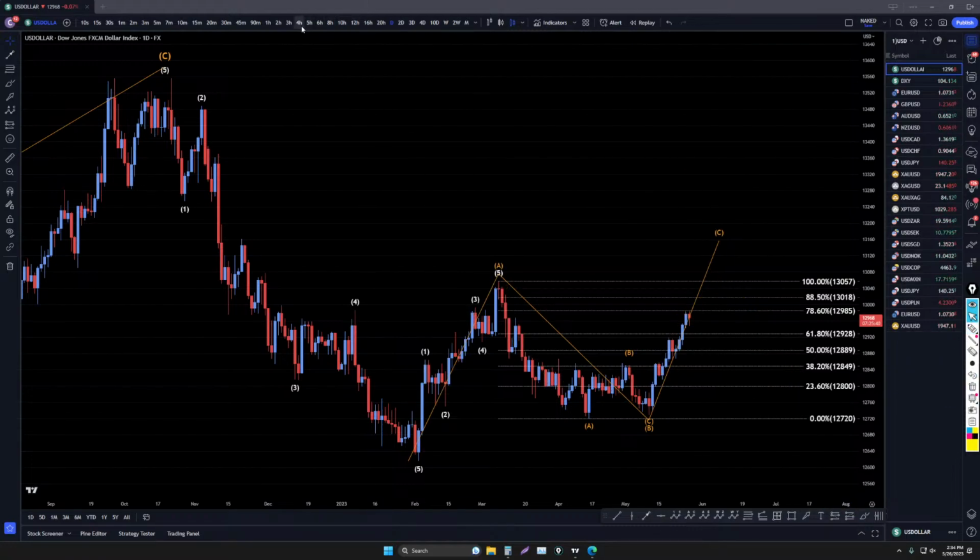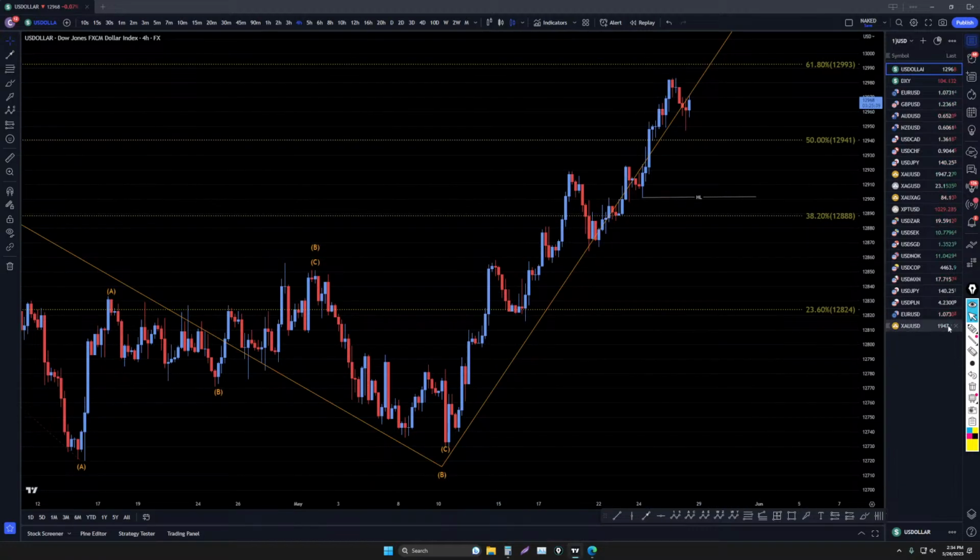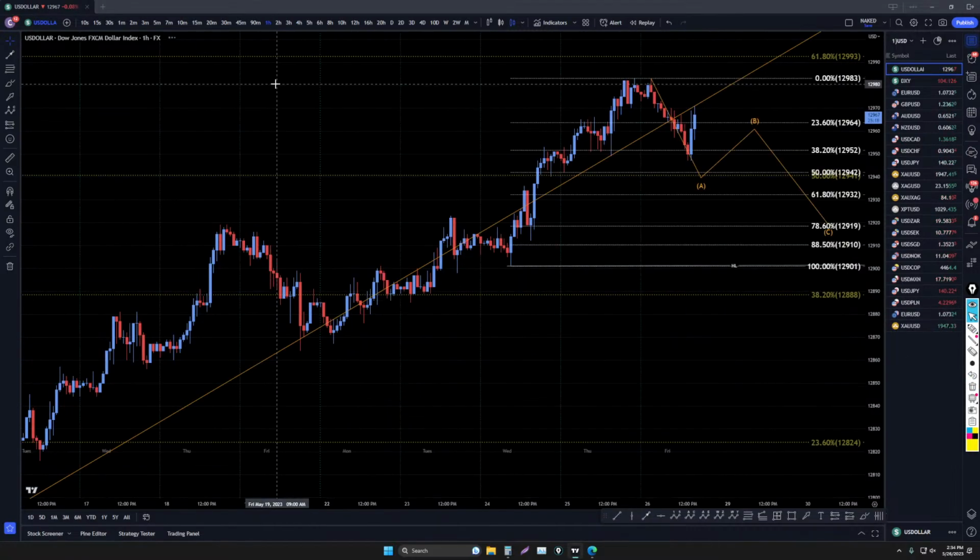So let's take it down to the 4-hour time frame. On the 4-hour, as you can see, ever since we entered this wave C or B, we've been making higher low, higher low, higher low the whole way up. We did have a push down today, but it really didn't break any structure. Our last structure level is really way down here. So it kind of looks like it's trying to make a little final wave 5 right now. Let's take it down to the 1-hour time frame and take a closer look at that.